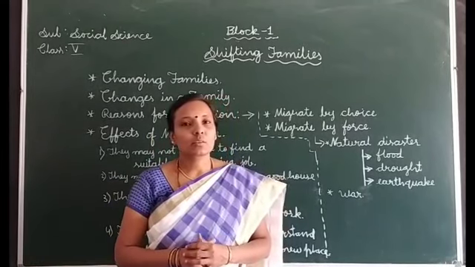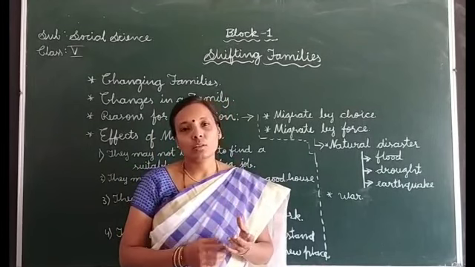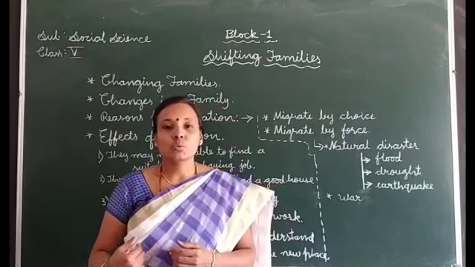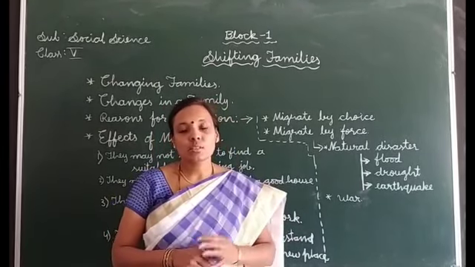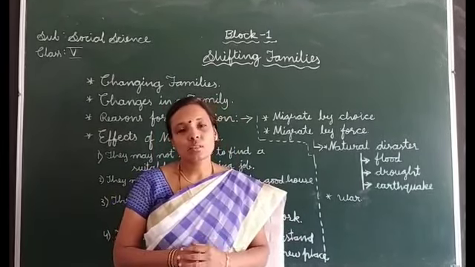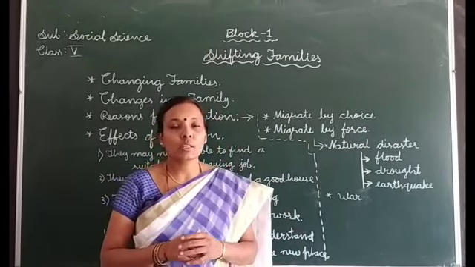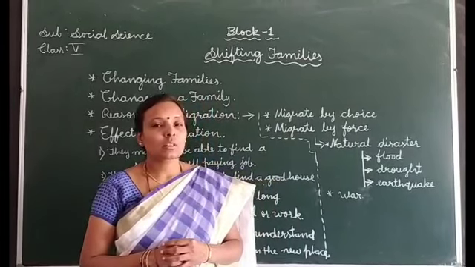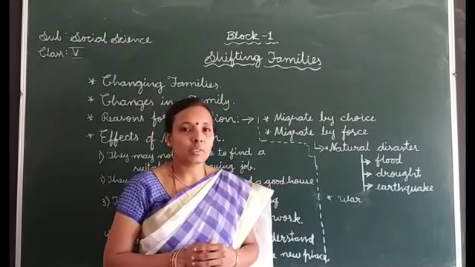Flood occurs when it rains heavily and the river water overflows. When river water overflows into cities and villages, it destroys the property of people. Then there is no way for people. They have to migrate to a new place where it is safer. So it is also one of the disasters. It makes the people migrate to another place.